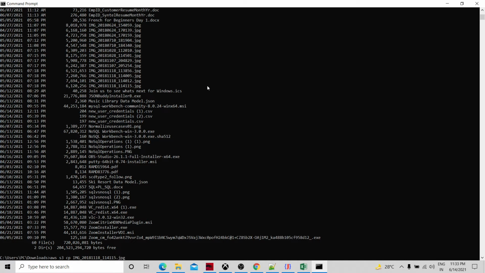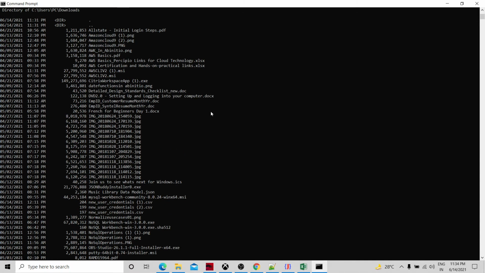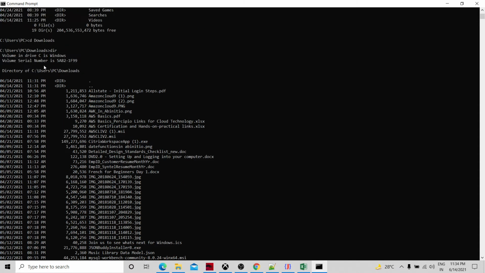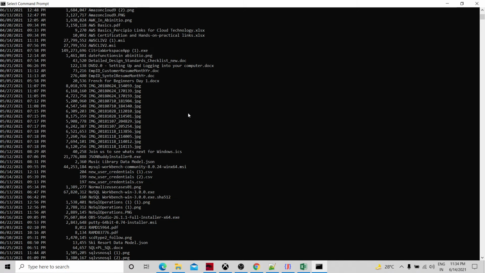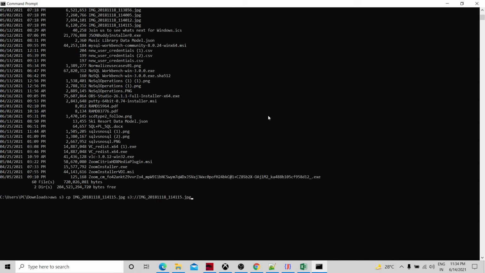Control C, Control V, and what is the source bucket name? Is it this one, source bucket Oregon? Okay, so copy it, and you will have your file copied over here.